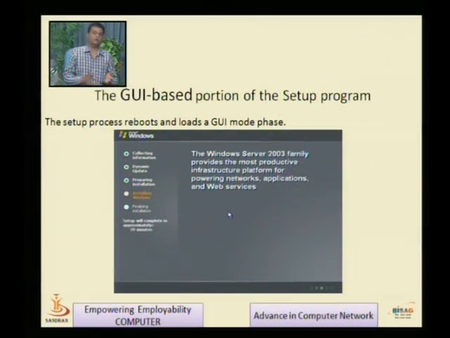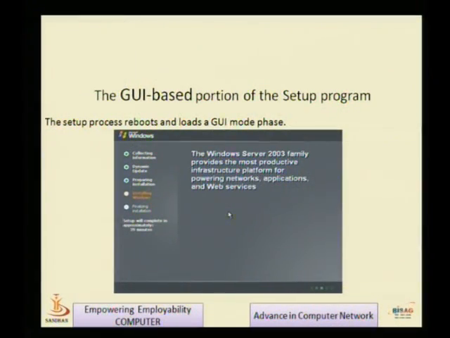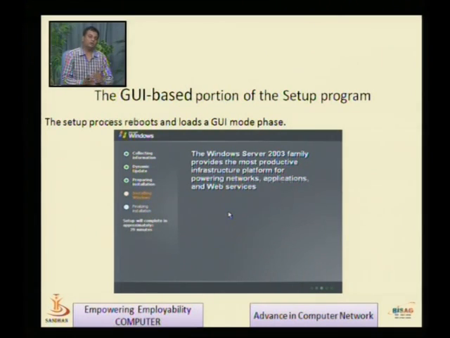Different services are provided on the server, but that is a next phase that we can talk about later on. Right now our aim is how to install a server and how to configure a server initially for user creation, and a user can only be created if you have Active Directory installed on the server. So we are right now focusing on only these 3 points because we also have a time limit.